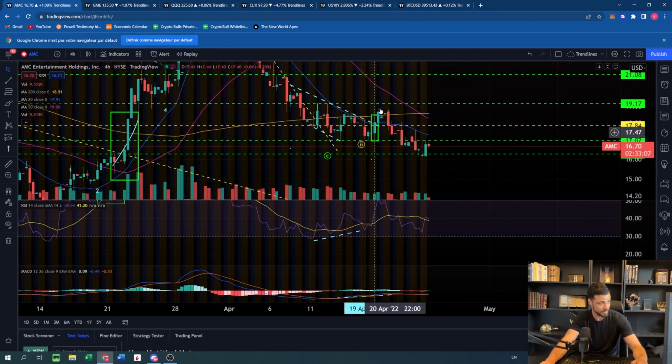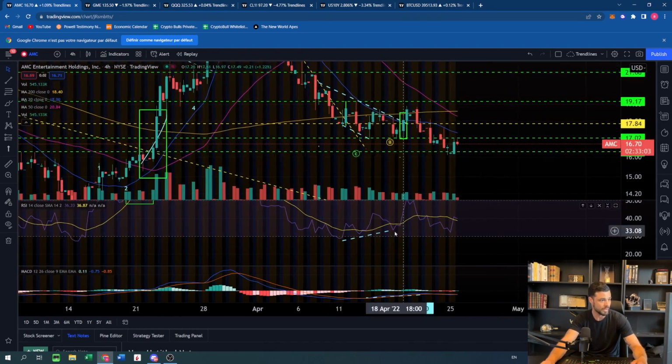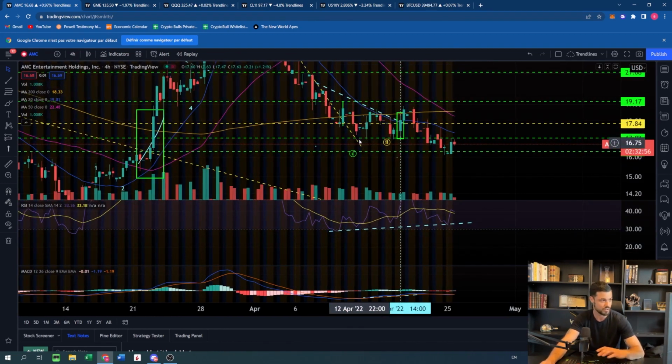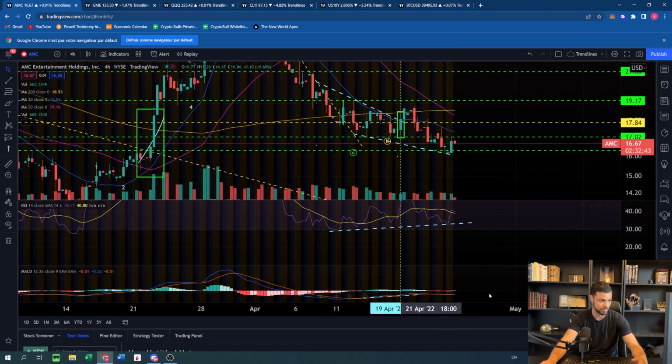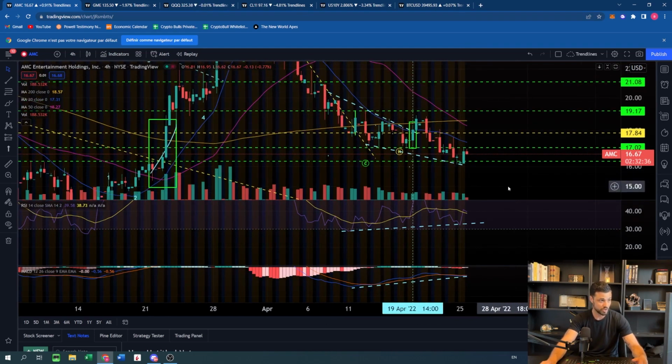All right, so here bears attacked and we dropped more. So right now, what do we have, guys? We have a new bullish divergence, still on the 4-hour time frame, as you can see, but now the bullish divergence is bigger. It's between April 12th and April 22nd. So a 10-day bullish divergence. Do we have it on the MACD? We do have it on the MACD. So we have a double bullish divergence.